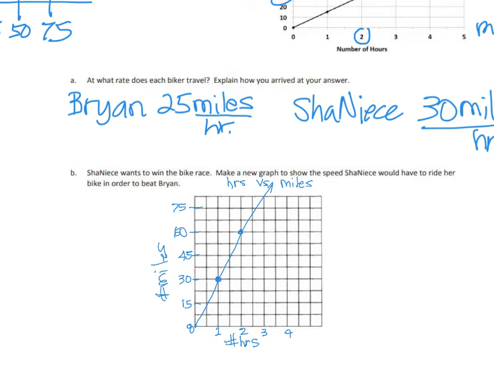Anyway, I didn't graph that very well. I should have gone like 15 and then 30 and 45. And then I would do a better job. I wonder if I should do that right now. Let's go in and just do a little erase. Okay, I just need to do those closer together. I can leave my hours at the base, but